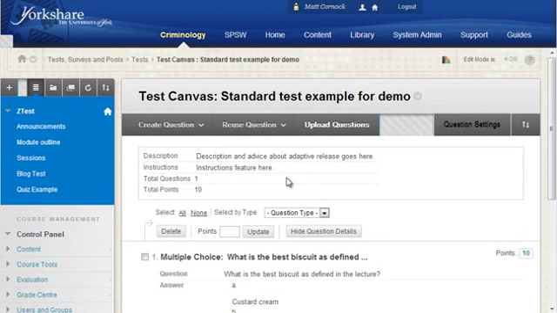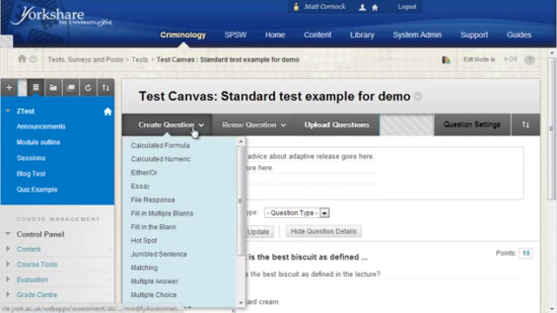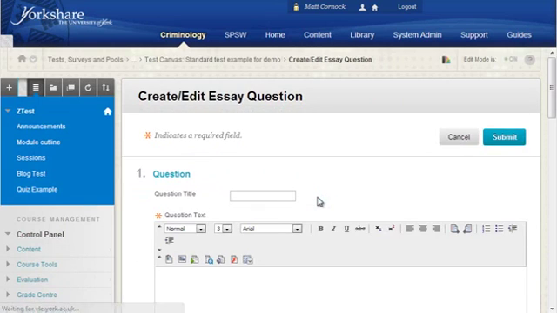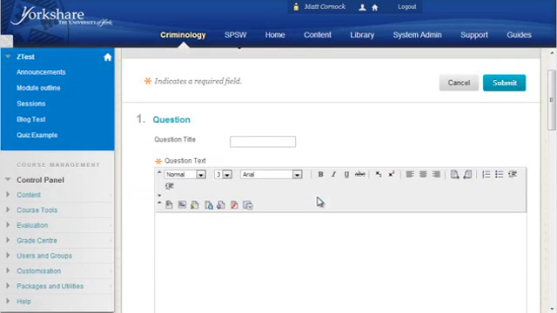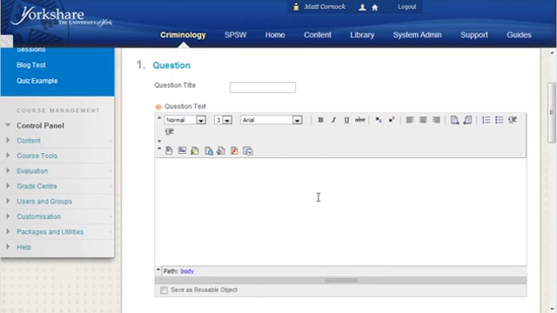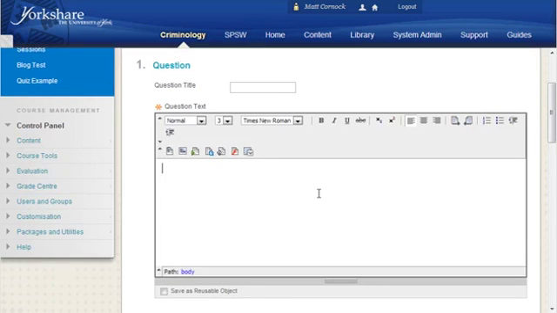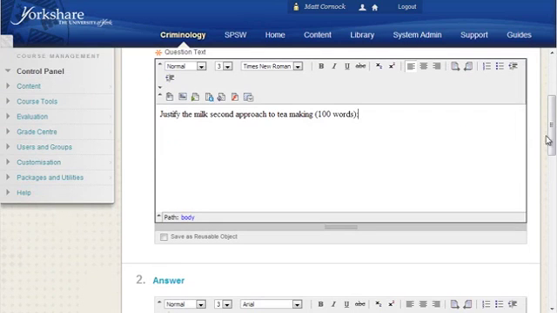So we're going to create another question here. This time it's going to be an essay type question. So from the create question menu, choose essay, and this will provide a box for students to type in a chunk of text which will require manual marking if you actually want to give it a grade, or you can provide a model answer, an exemplar response as feedback, and then students can judge themselves whether they've got the question right or wrong. So I'm going to add the question text in here, type in your question,